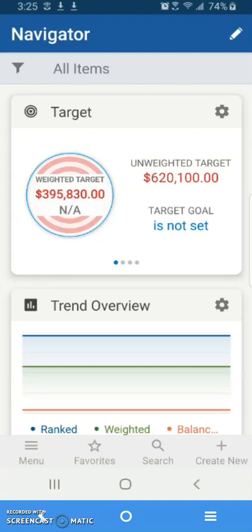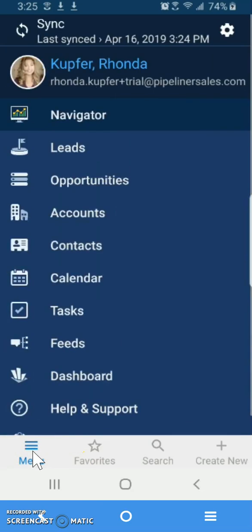Welcome to Pipeliner CRM. Today we're talking about synchronizing on your mobile app. So when you have your mobile app, we have two different ways of synchronizing that we're going to talk about right now. In the lower left-hand side, if you click on the menu button, you'll notice on the very top